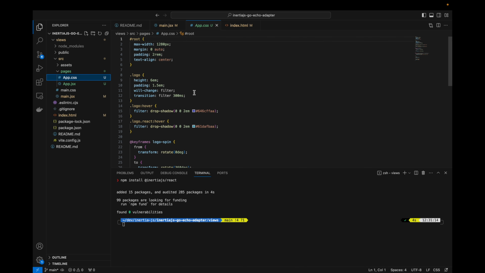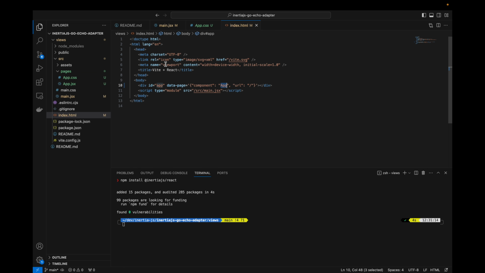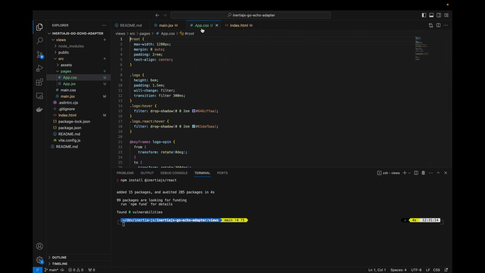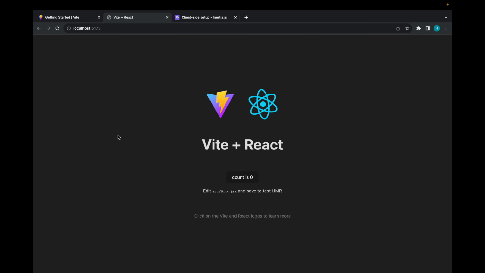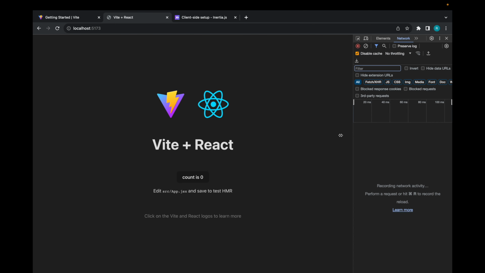Styling wise, I'm going to make a modification to the default styles here. Instead of there being a root component, I've changed this to be ID. So I'm going to change that to be app. And I'm also going to change the import path for this asset. Now I'm going to run it and give it a test again. So I go back to the app and things are loaded. And if I inspect the page,